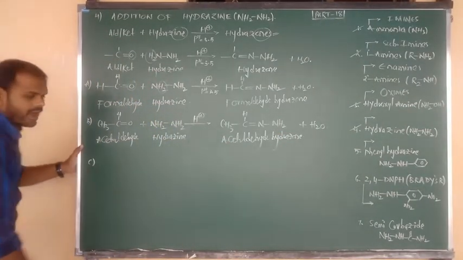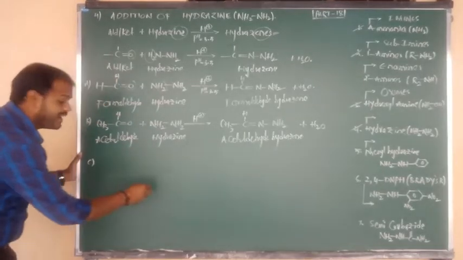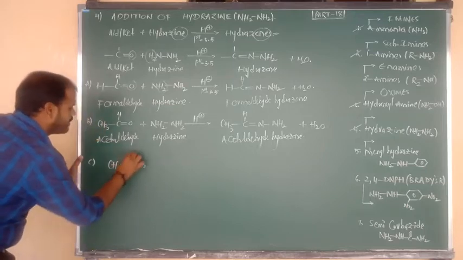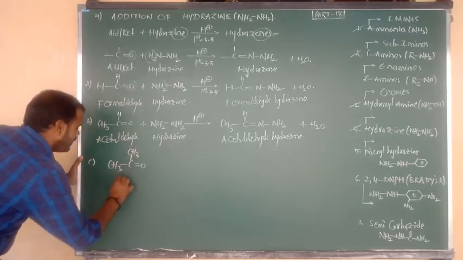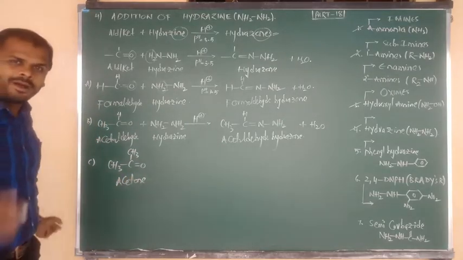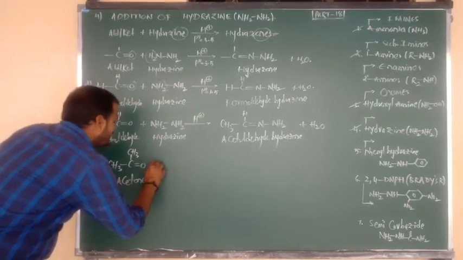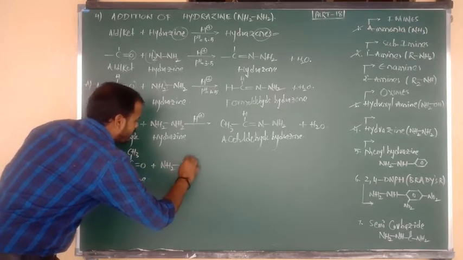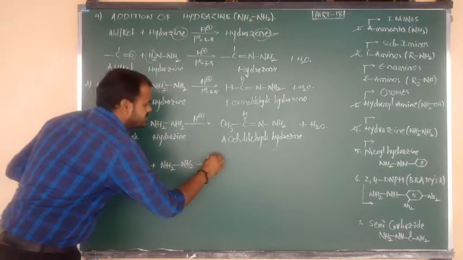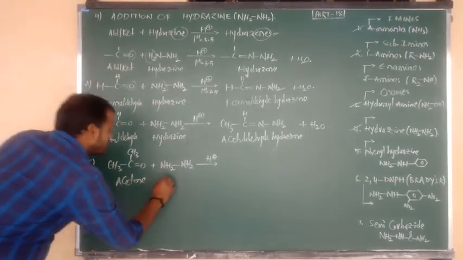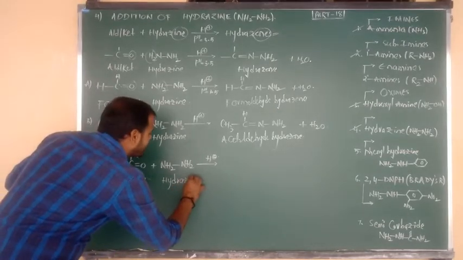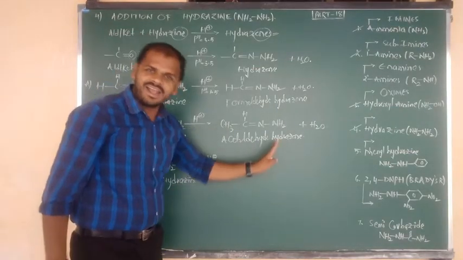Okay, another example I am going to give you by taking a ketone, that is acetone. What is the formula of acetone, beta? CH3 bonded to C double bond O bonded to CH3. The name of this compound is acetone. Acetone upon addition with hydrazine. What is the formula of hydrazine? NH2 bonded to NH2. Addition of hydrazine takes place in the acidic medium, using the same pH concept, 3.5. Same thing again, hydrazine NH2 bond NH2 is converted into the product, which is hydrazone.